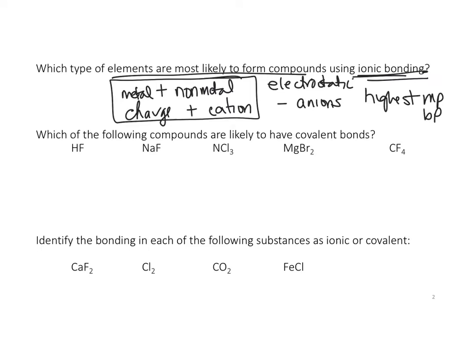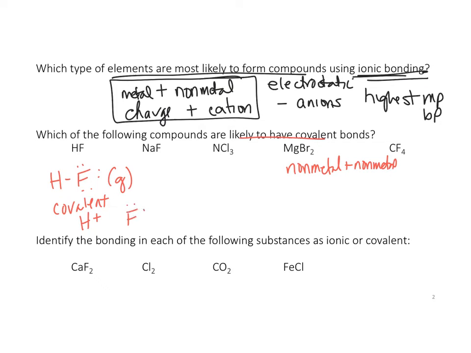Okay, next question. Which of the following compounds are likely to have covalent bonds? These are nonmetal with a nonmetal. So H can be weird because, and you'll see on your periodic table, it can be in group 1 with the metals, or it can be in group 7 with the nonmetals. Hydrofluoric acid, so you're going to start learning how to draw these structures. If it is in the gas phase, then it's going to be covalent. If it's in the aqueous phase, then it's going to form its charges,